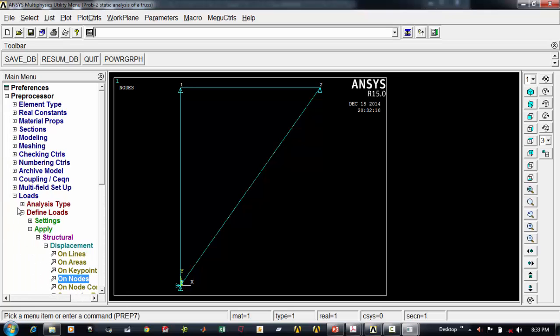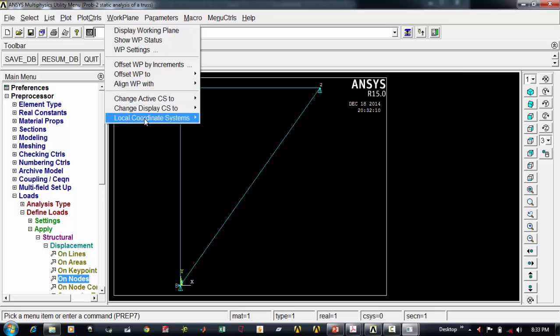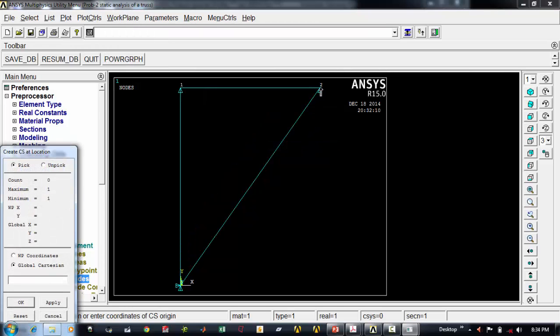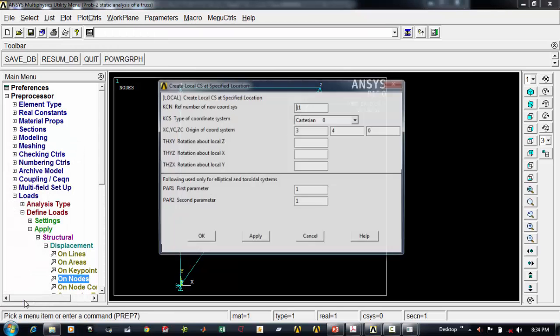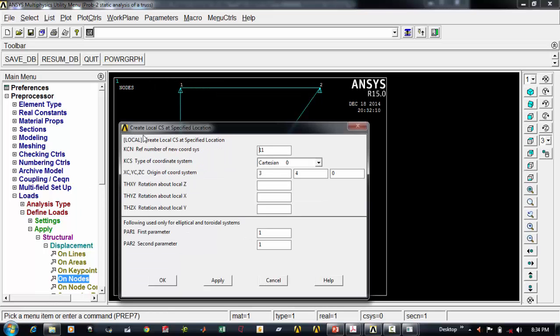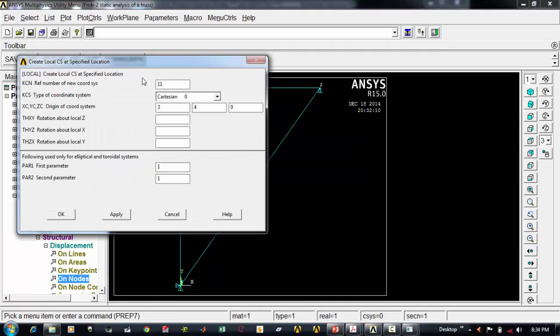For that, go for the work plane, say go to local coordinate system, say create local coordinate system at the specified location, and I will select this point as my specified location, and I will rotate the global coordinate system with respect to z,